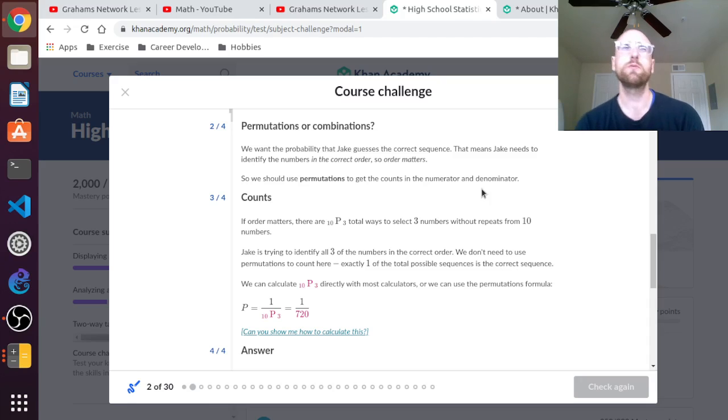Permutations or combinations? We want the probability that Jake guesses the correct sequence. That means Jake needs to identify the numbers in the correct order, so order matters. So we should use permutations to get the counts in the numerator and denominator. Counts. If order matters, there are